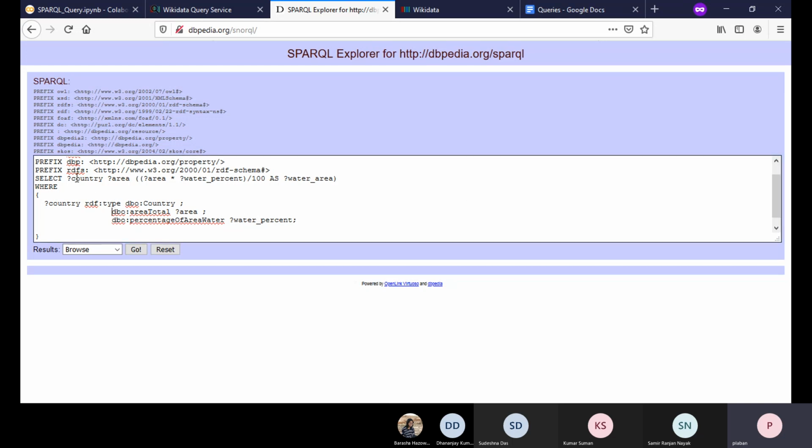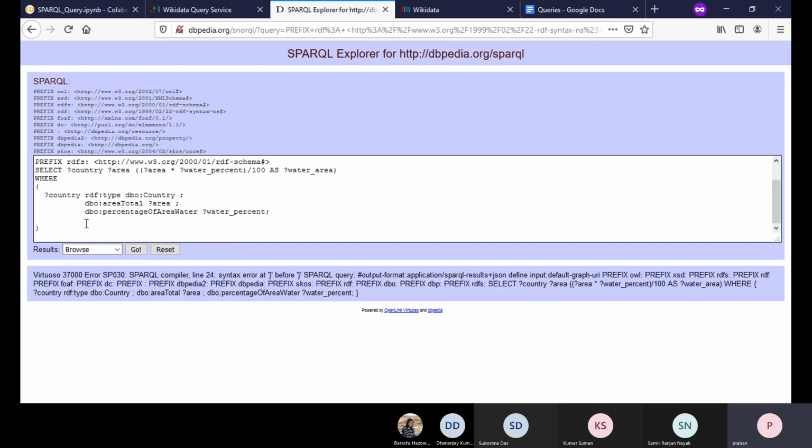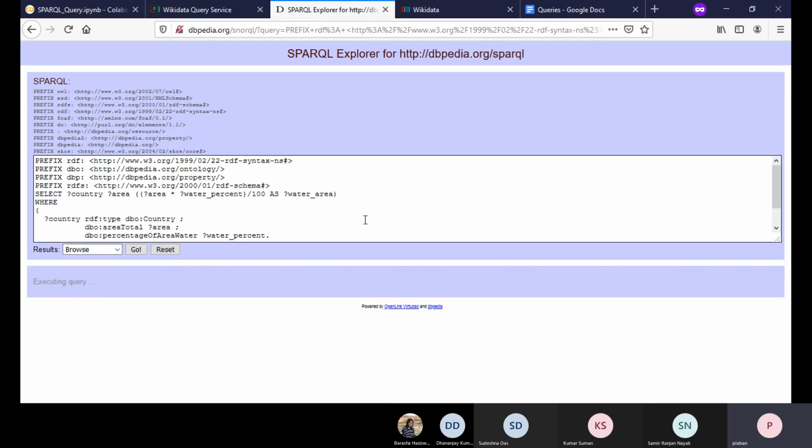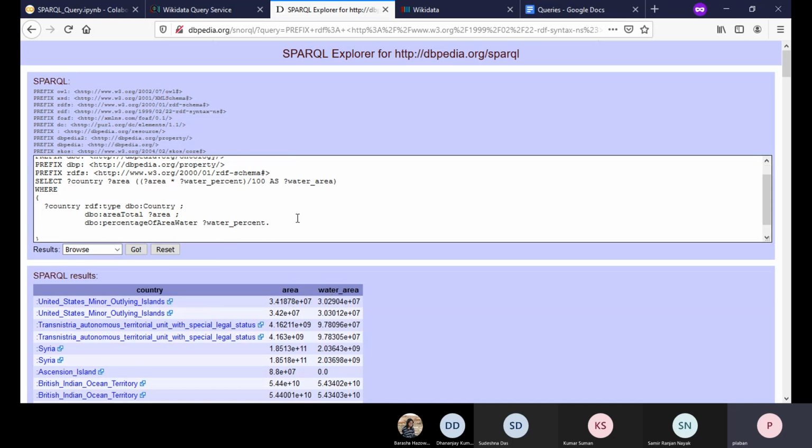So this country, what you'll be seeing here, if you execute this, so let us execute this query first. If you execute this query, okay, we should have a dot here. Right? So if you execute this query, you can see that we have got the list of countries and the total area followed by the water area, which we have computed, right?